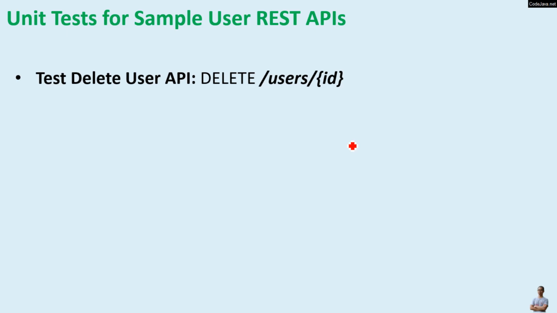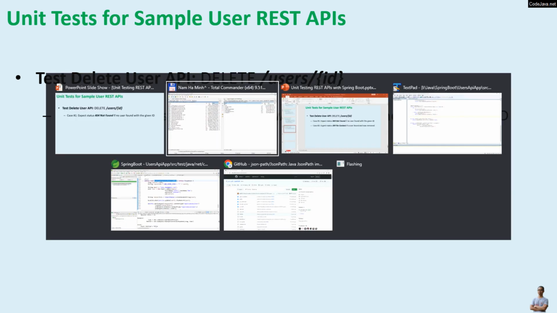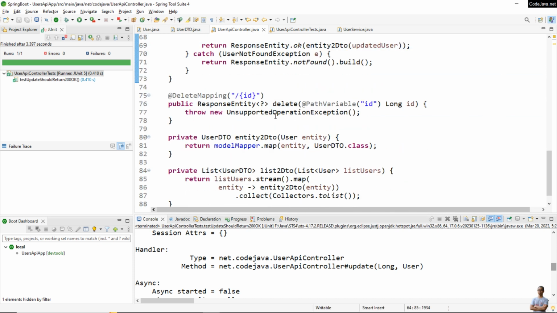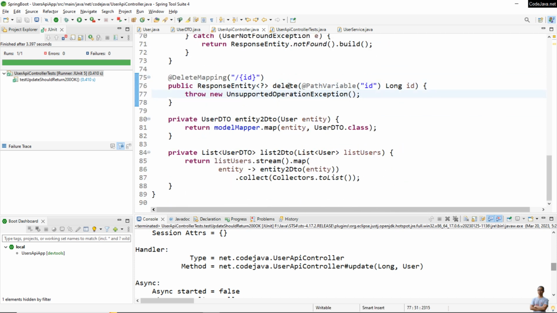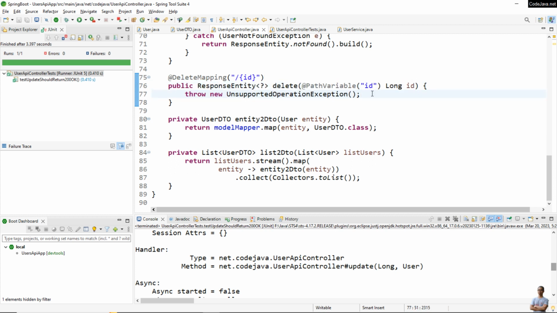And next, let's complete the delete user API, which is identified by the delete request with URI slash user slash ID. And in the first case, we expect the status not found should be returned if no user found with the given ID. Okay, so the handler method for the delete user API here, it takes a path variable for the user ID as a method parameter. For now, I just return null